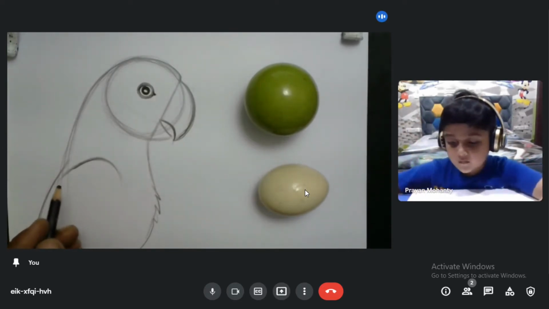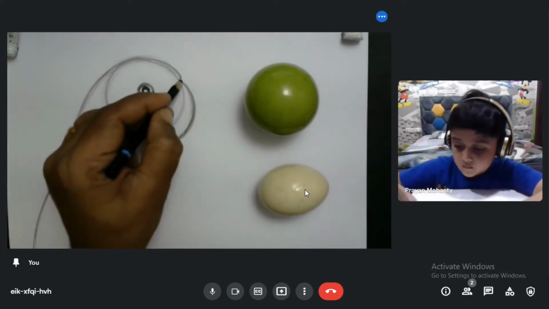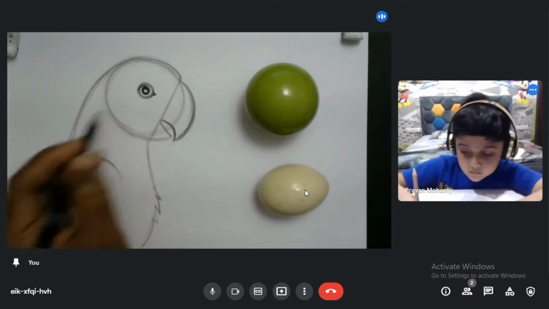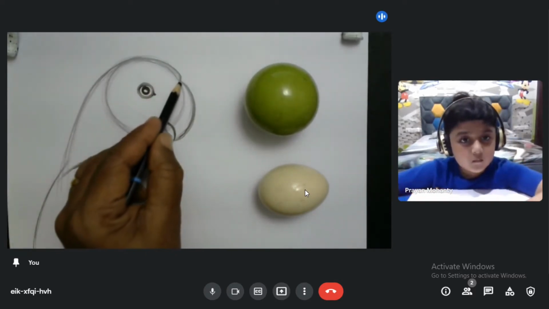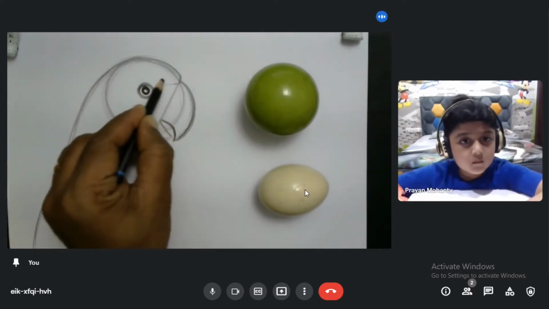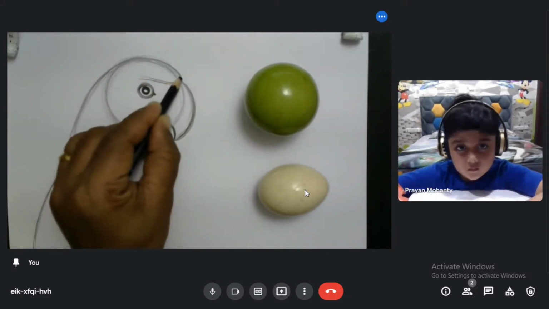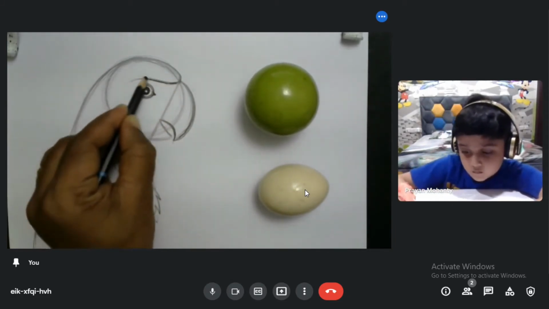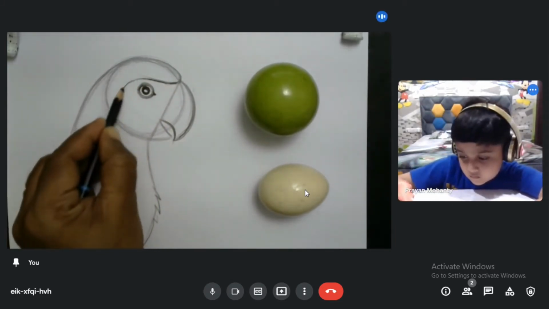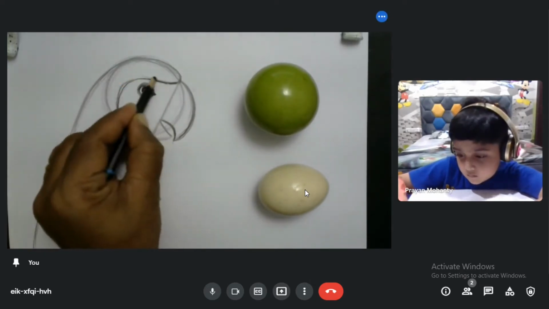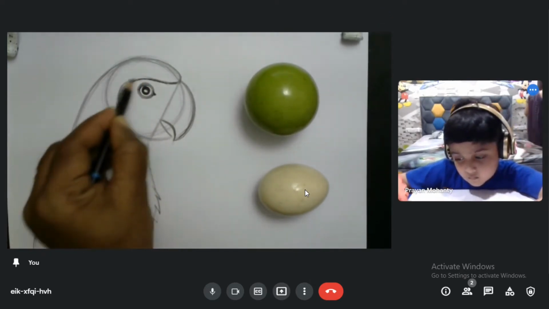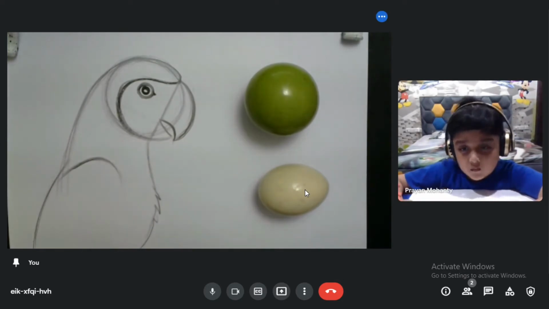I show you the macaw. It's the macaw. So I just want to show you after that. If you want to draw the macaw, you just go here, one curve line like this. Here one curve line like this for the macaw. Okay, beta, like this.